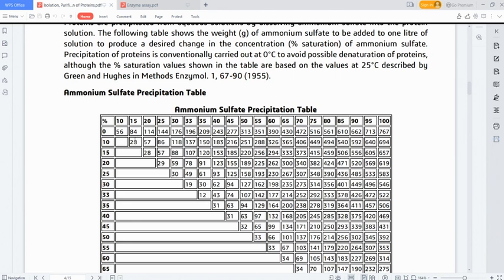They will add 2.8 grams of ammonium sulfate, and then they will stir it maybe for 30 minutes. After stirring for 30 minutes in very cold buffer, they will pour out. Are we following? They will pour out. So when they want to get to 20%, because they already have 15%,